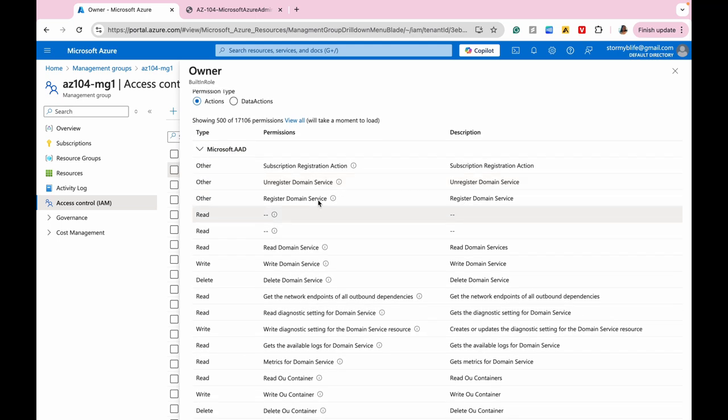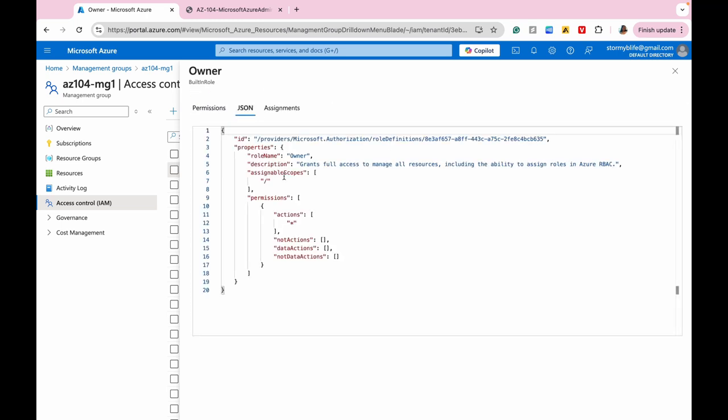Okay, so they have subscription, registration action, unregistered domain, registered domain, read domain service, write domain service, so they can make edits. And then the JSON is the language that they use to create the actions. This is basically the behind the scenes. So I'm almost certain that if you are familiar with JSON and you want to do some special configurations to